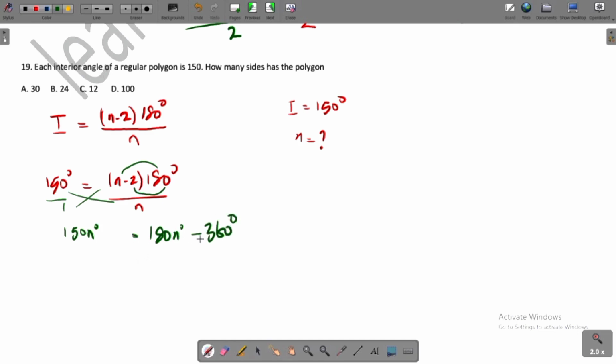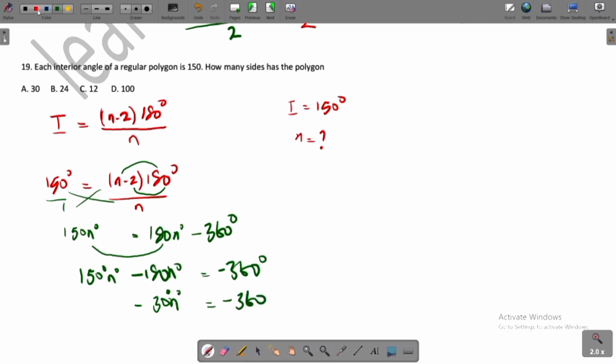So then you can bring this to this side, or take this to this side. Then bring this to this side. So we have 150 degree N minus 180 N equal to minus 360 degree. 150 N minus 180 N, this is minus 30 N. Minus 30 degree N equal to minus